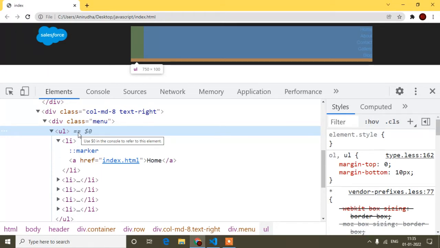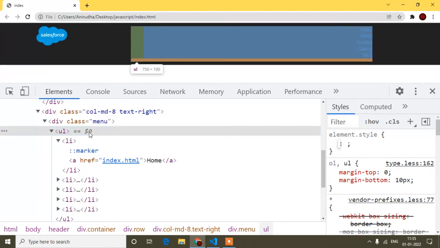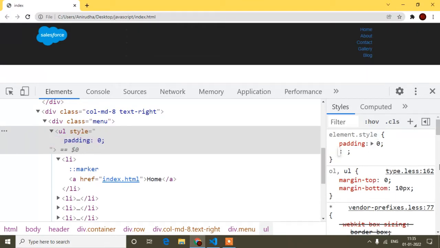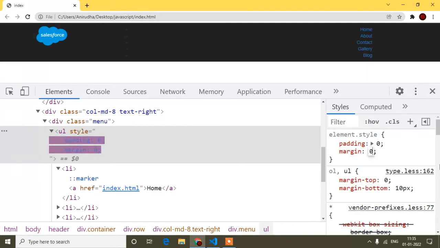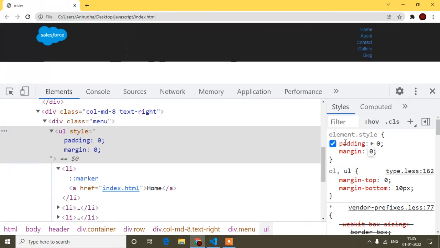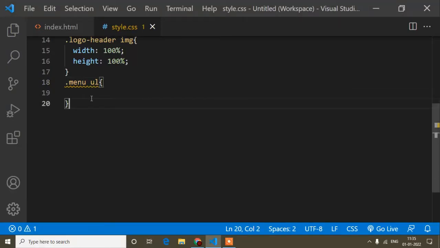So I don't need that extra margin and padding. Okay, so now inside this UL tag if I write padding 0 and also margin 0, and now I hover, you can see it's not showing the green and the orange color because now there's no padding and no margin because I have written this. So always remember when you use the UL tag, you have to write this.